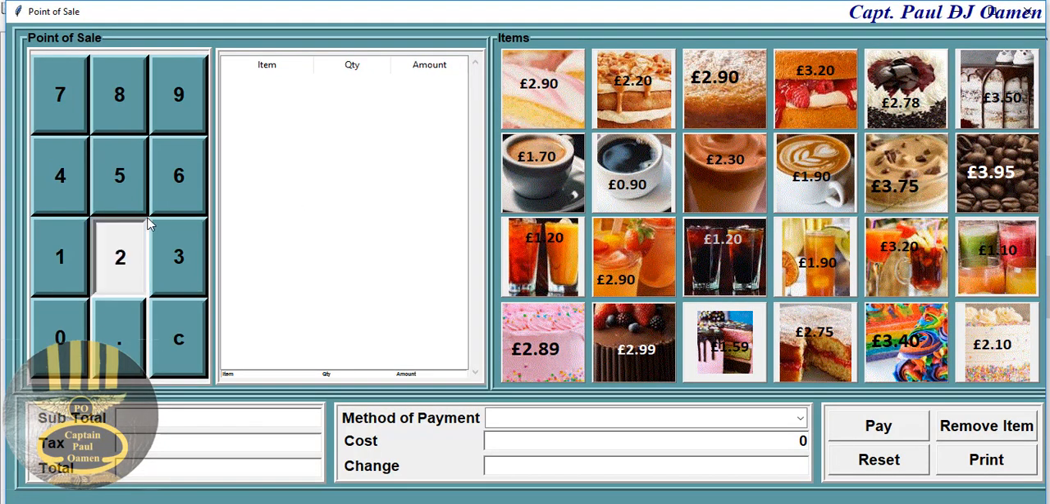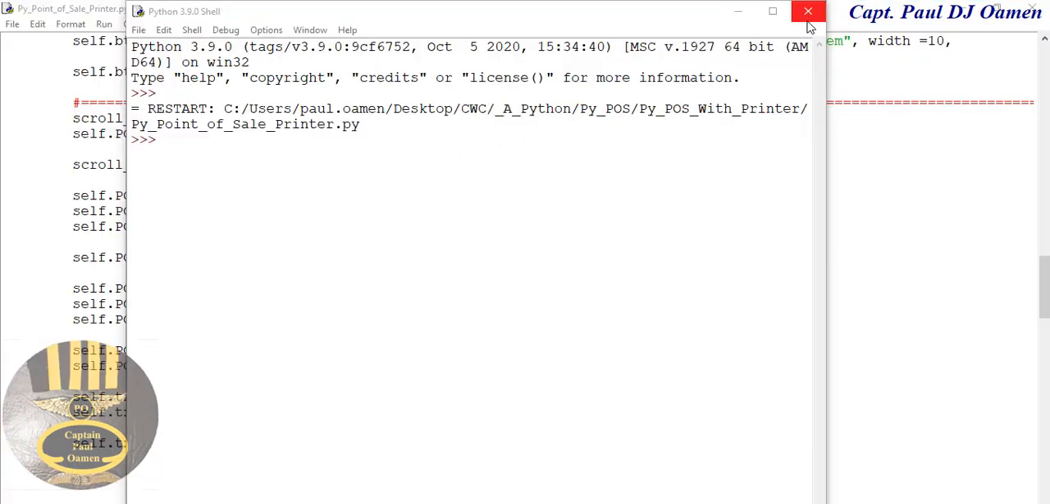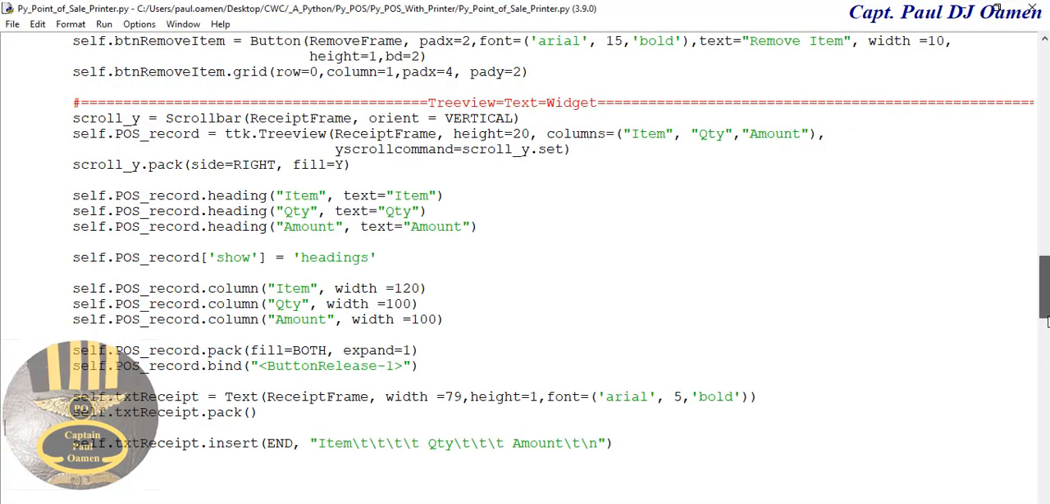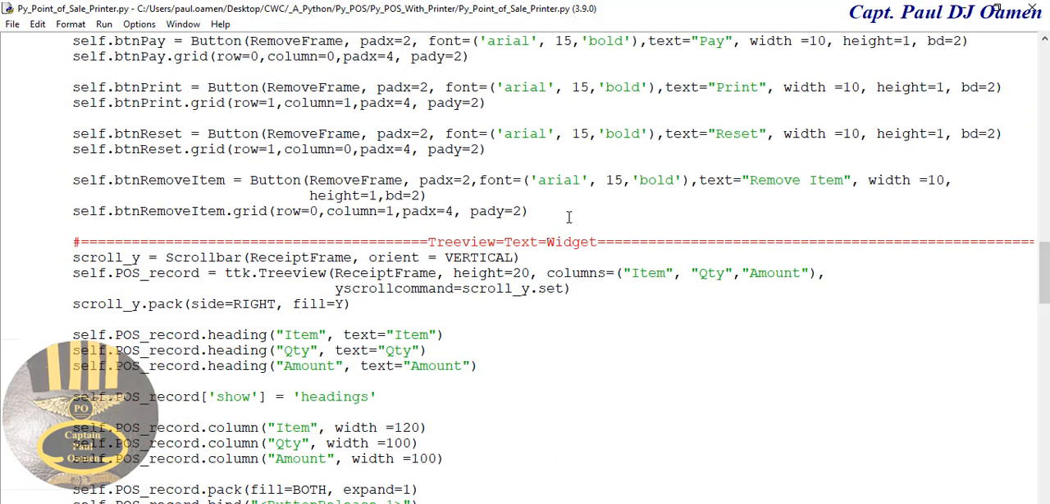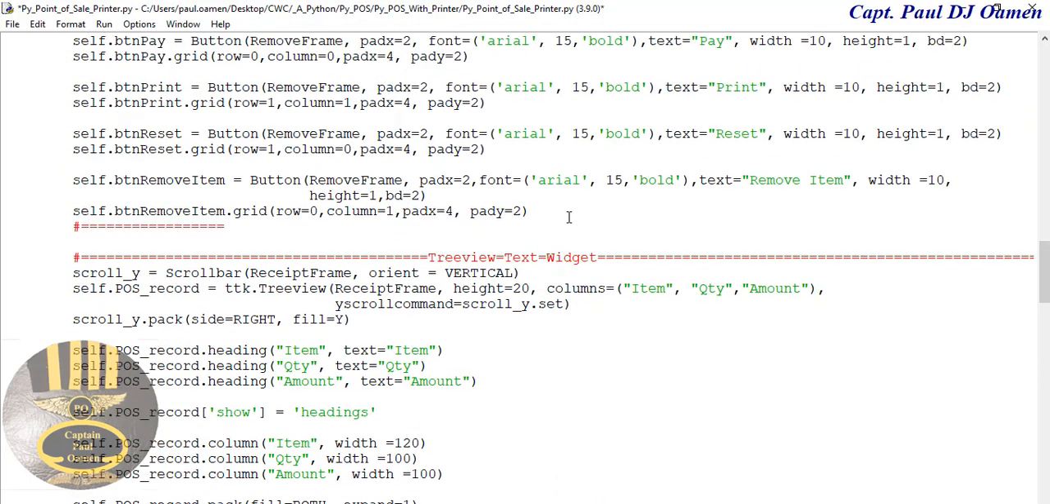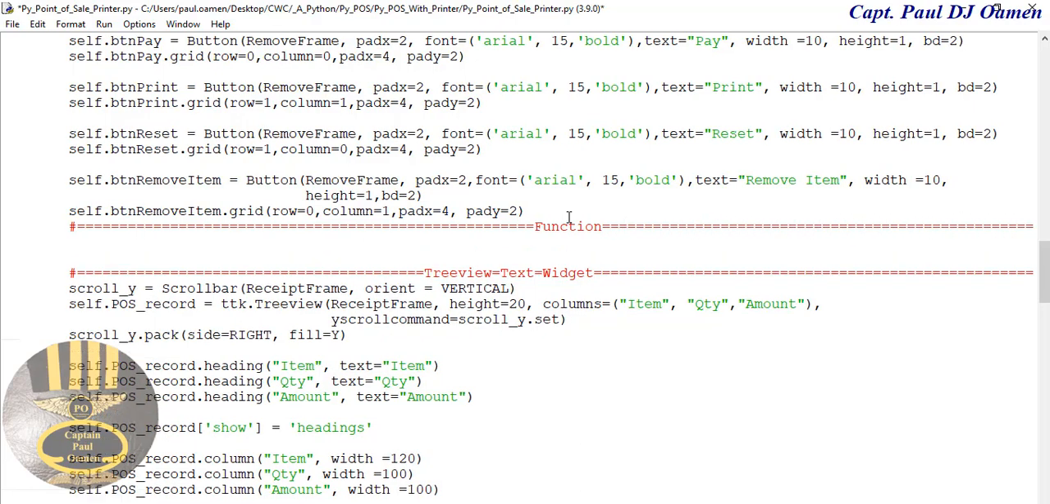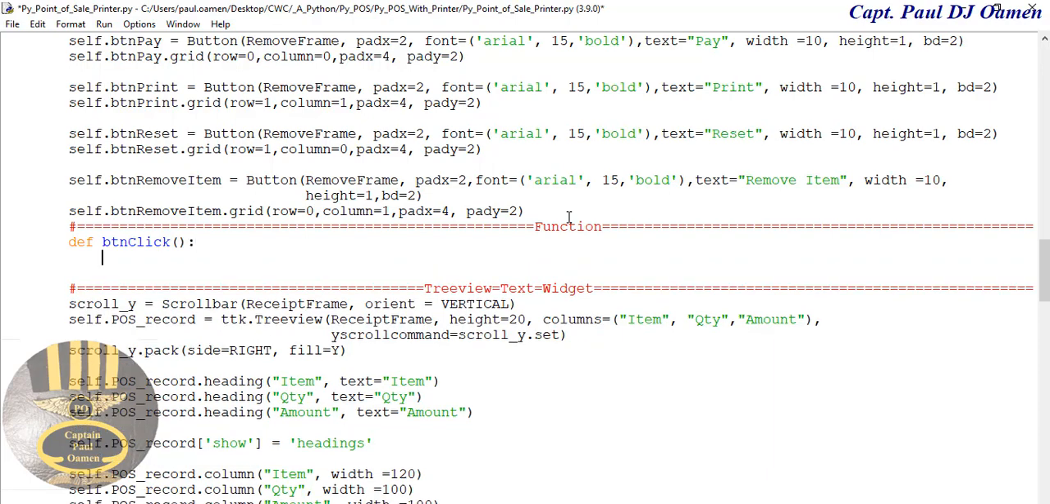So let's take care of these buttons. I'm going to exit out. Alright, we might as well just enter the function right up here. Let's just say function, and I am going to call this very function or method def, let's say button click. There we go. And I'm going to enter an argument in here, just call it